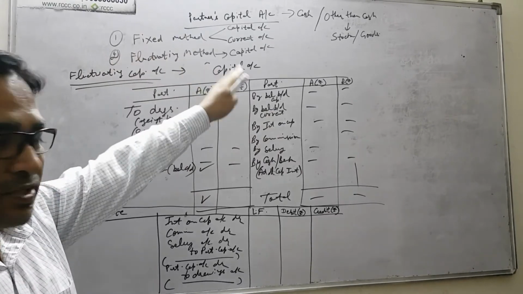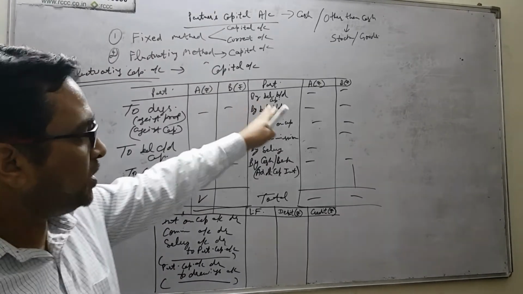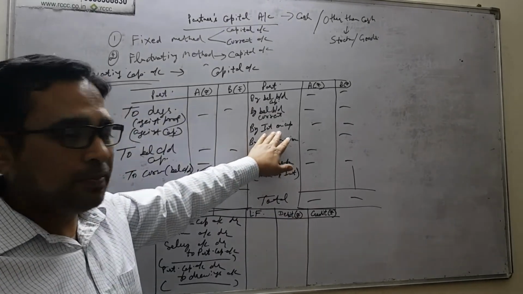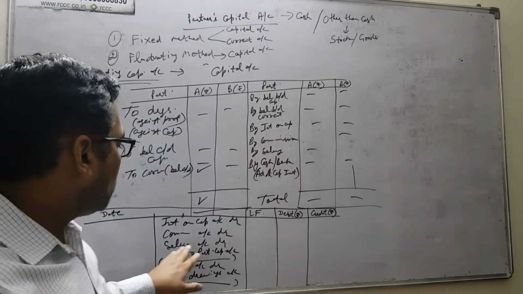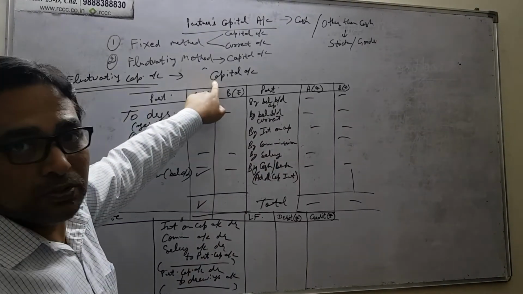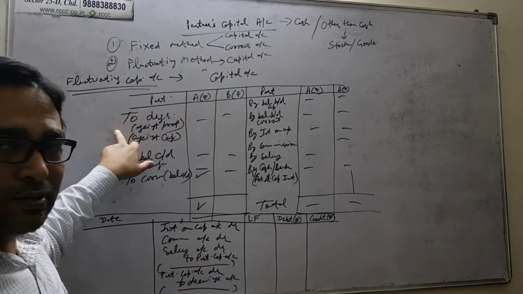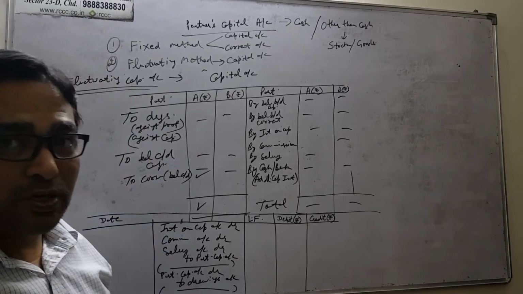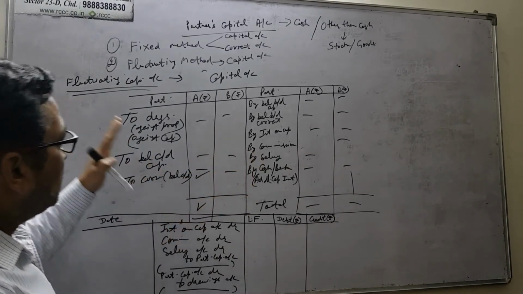The previous was the fixed capital account. This is a journal entry. What will the journal entry be in this case? A compound journal entry I have made. It will be interest on capital account debit, commission account debit, salary account debit to partners capital account. For the debit side, it will be partners capital account to drawings. So this is a way to make a journal entry, right? Now important here is to understand the difference. I believe this is clear to all of you, right? So I'm erasing it.